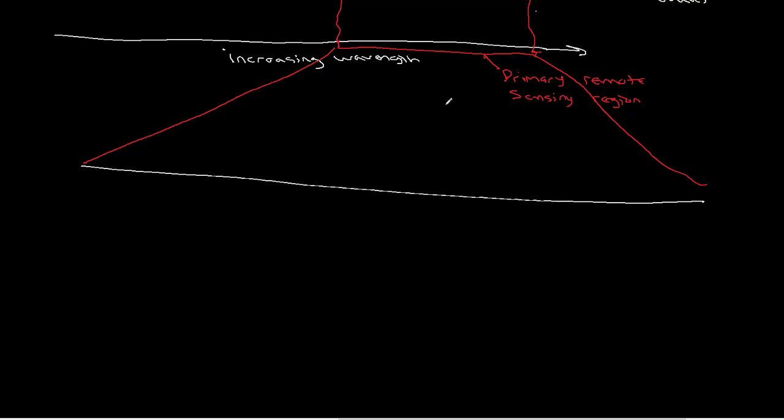So what we're talking about for the remote sensing region is basically the region from about 400 nanometers to about 3,000 nanometers. Right. And so what I want to do is I want to break this up into a few key regions that are sort of, you can think of them almost as buzzwords. Right? So when you see somebody say one of these buzzwords, you'll immediately be able to convert it into the necessary wavelength region. Right? So if we start at 400 nanometers,